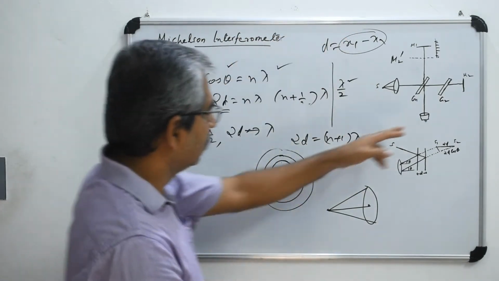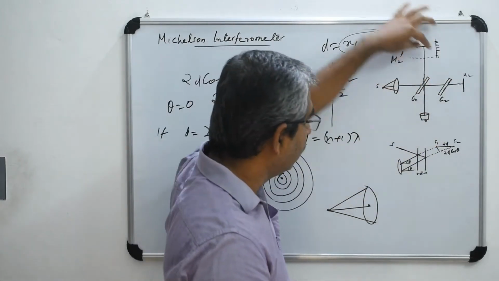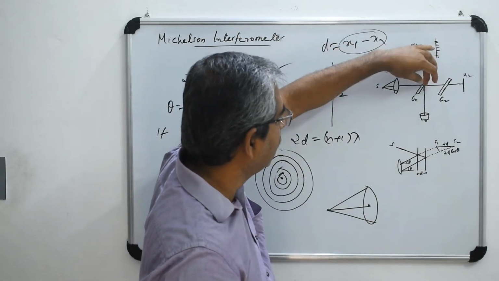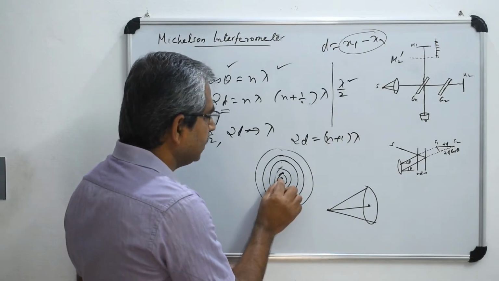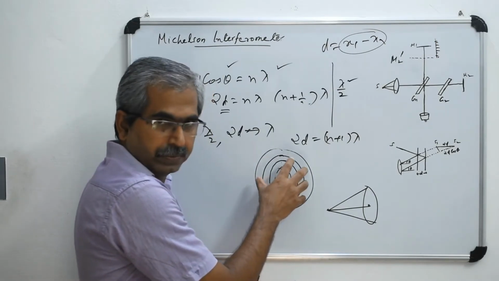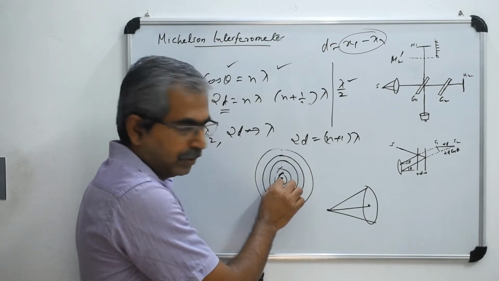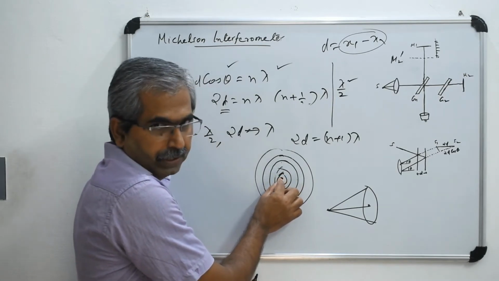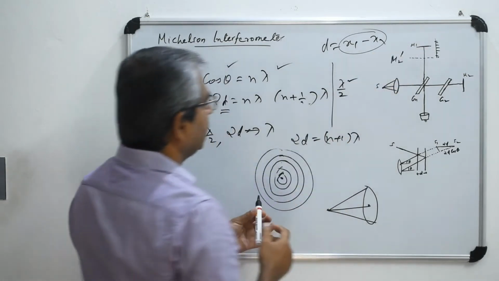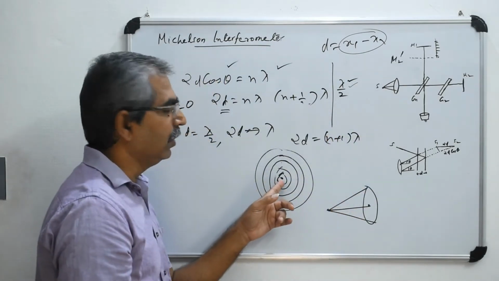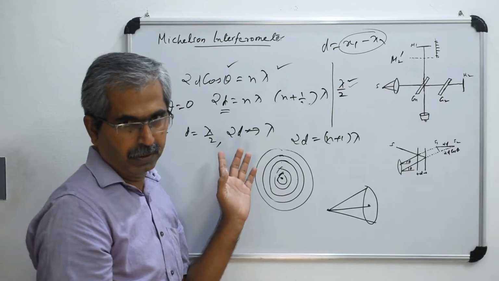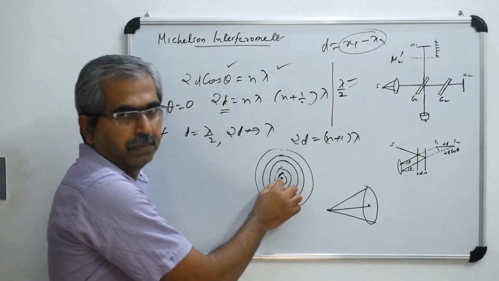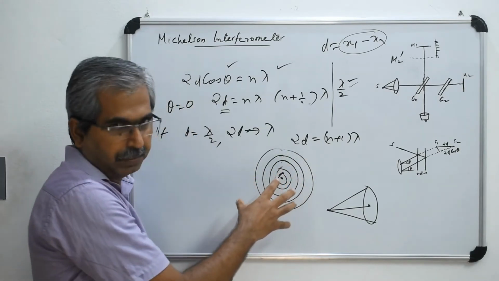See what is happening is that suppose you are looking through the telescope, and now you are moving it and increasing the spacing, that is, M1 is moved further away. What is happening is that initially this dark spot is at the center, now this will expand and become a small ring and then move away, and then a bright spot will be formed there. And eventually when you reach the value lambda by 2, you can see that a new dark spot is observed there. That means it is expanding actually, and a new ring will be formed there.